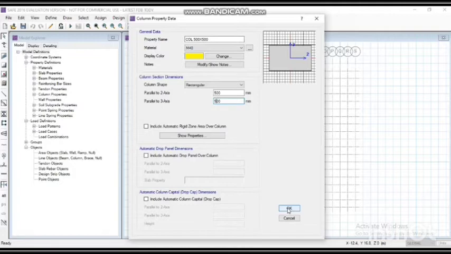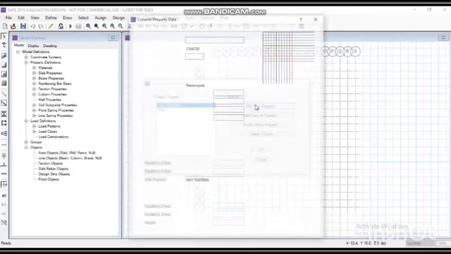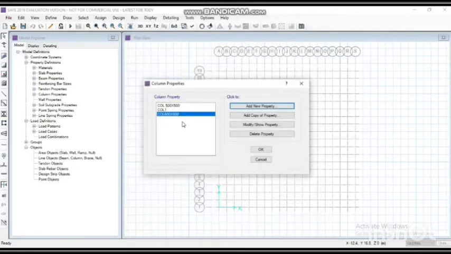Then click on OK. Similarly, add a new property of column size 600 by 600. Click on OK, and again click on OK.